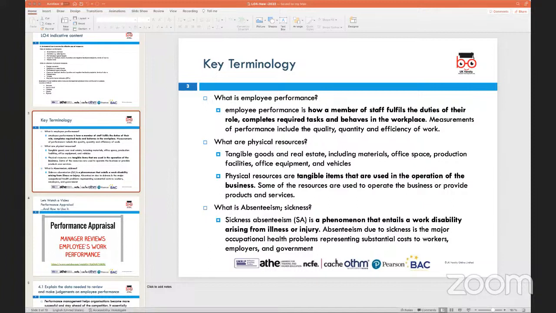So this would all constitute what is called employee performance. When we look at what are physical resources, we are very clear what are physical resources. We know that physical resources, typically from an organizational perspective, could be things like tangible goods, real estate, material, office space, things like that. And when we talk about key concepts on which we measure the employee performance, we are